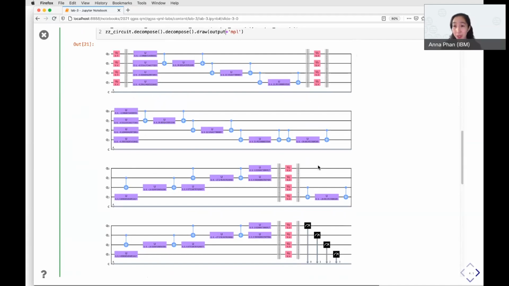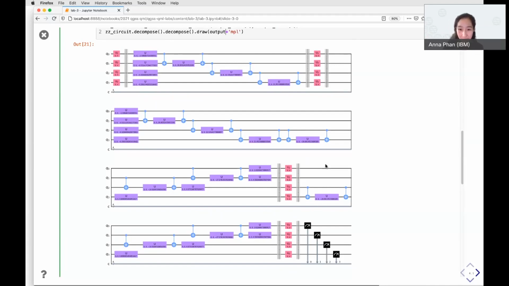And then because we're calculating the transition amplitude between one data point and another, and that is defined as taking the feature map of one data point and then doing the conjugate of the other data point. In circuit terms, we actually just need to invert the circuit that encodes that second data point.